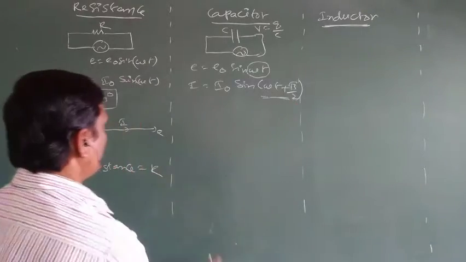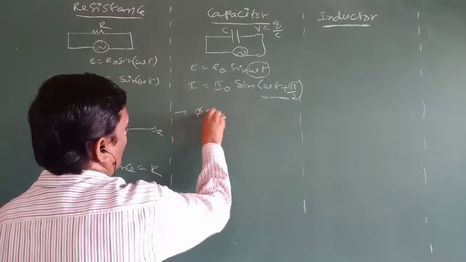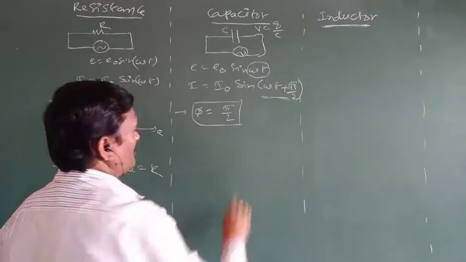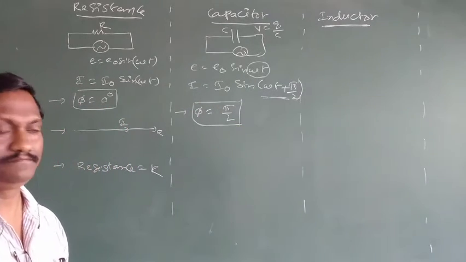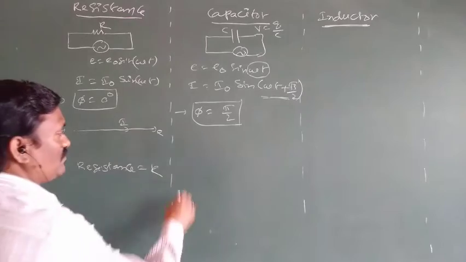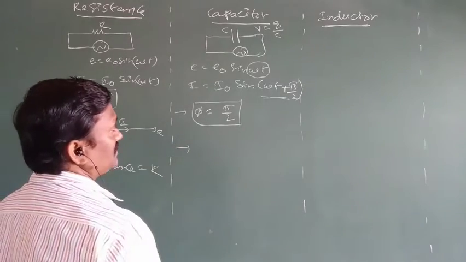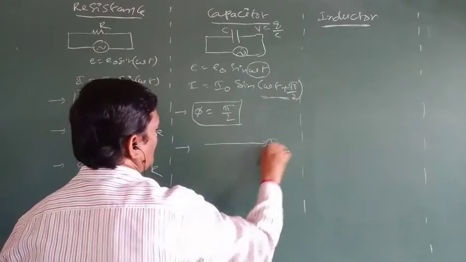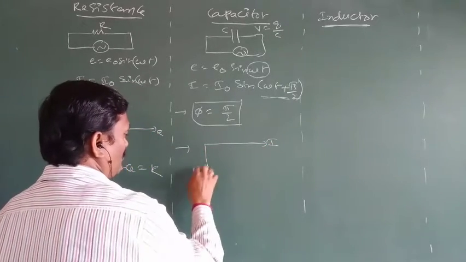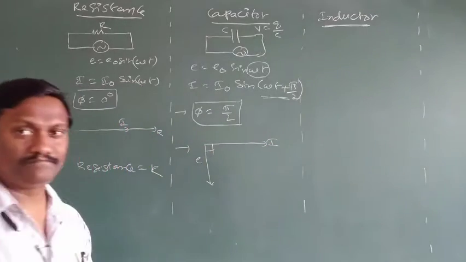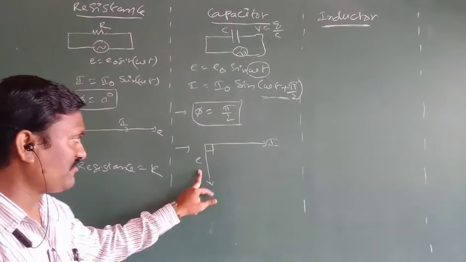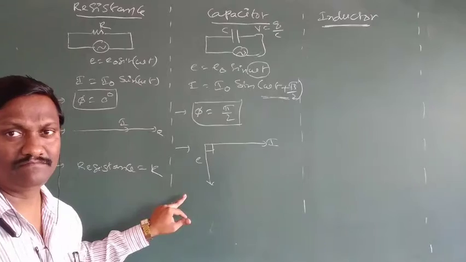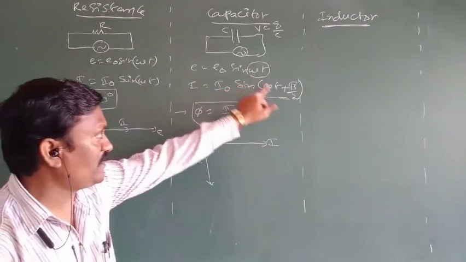So in the case of a pure capacitor, the phase difference between current and EMF is pi by 2. Then in a pure capacitor, what about the phasor? The current leads, the EMF lags. The phase of current is always ahead, and the phase of EMF in a pure capacitor is behind. Compared to the phase of EMF, the phase of current is more, or compared to the phase of current, the phase of EMF is behind. The phase difference between current and EMF is pi by 2.